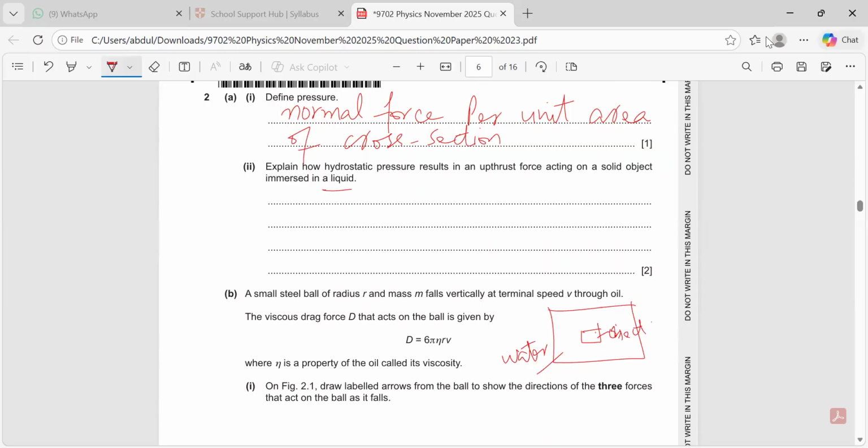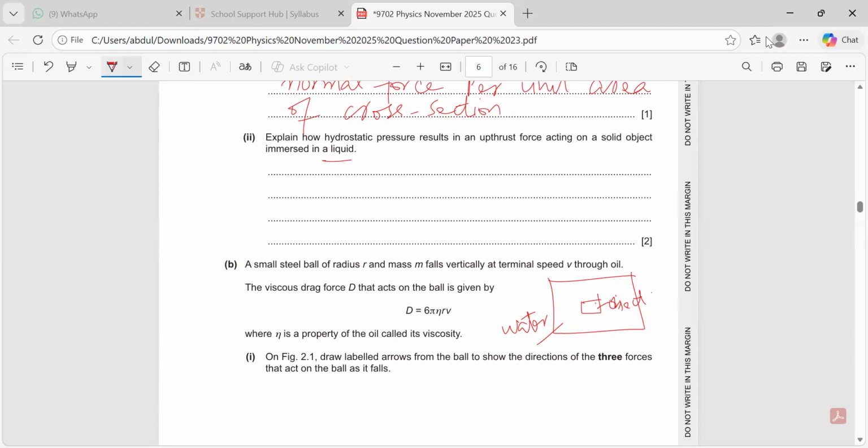Now we know what is pressure. See, pressure in fluids, dear friends, is equal to rho g h. Now, the density of the fluid is constant, wherever the object is, and g, the acceleration due to gravity, is constant. Only the thing which is changing is the height. Now see, the height over here,